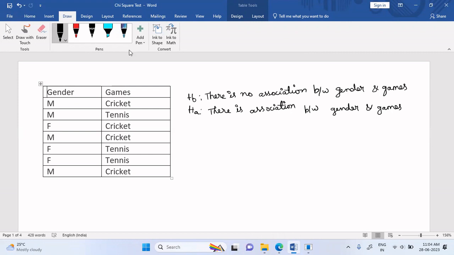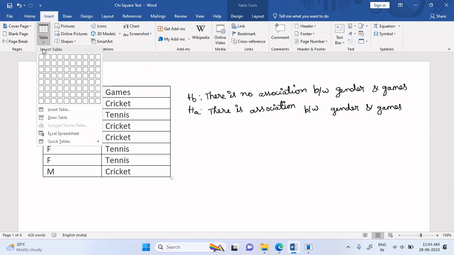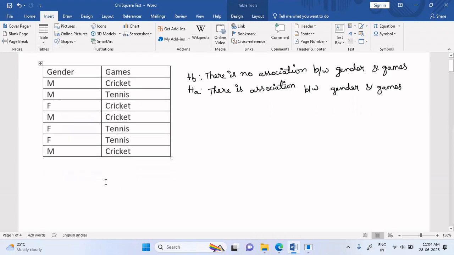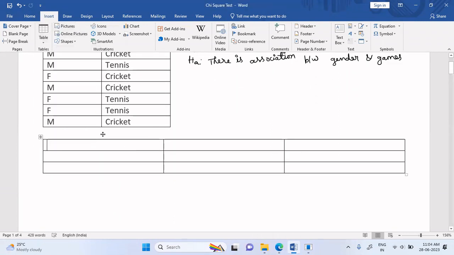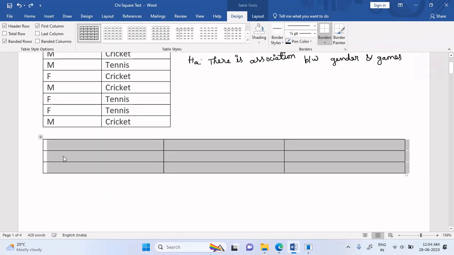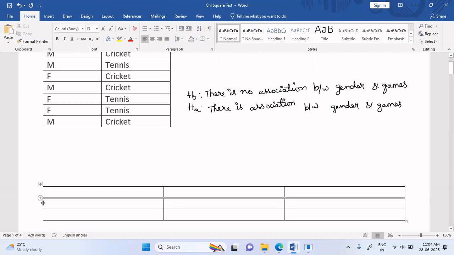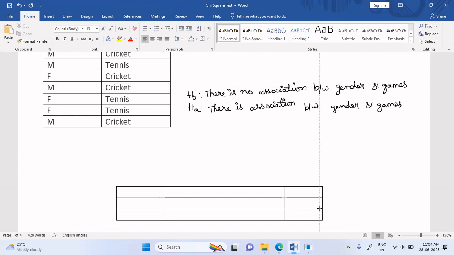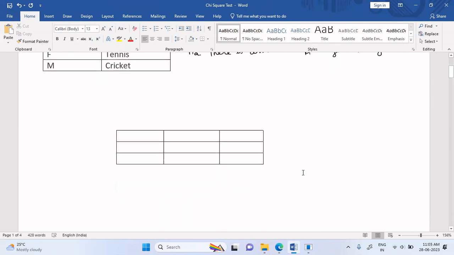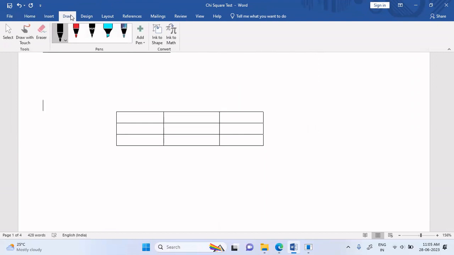So the rows represent the gender, male and female. Here the columns represent the games,